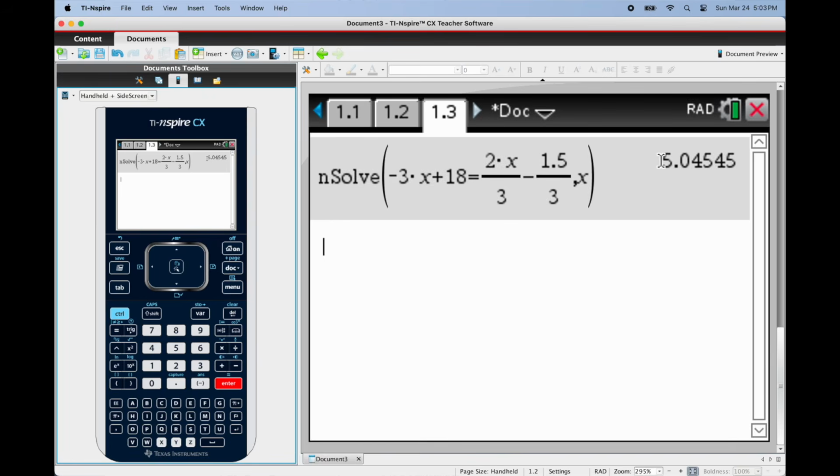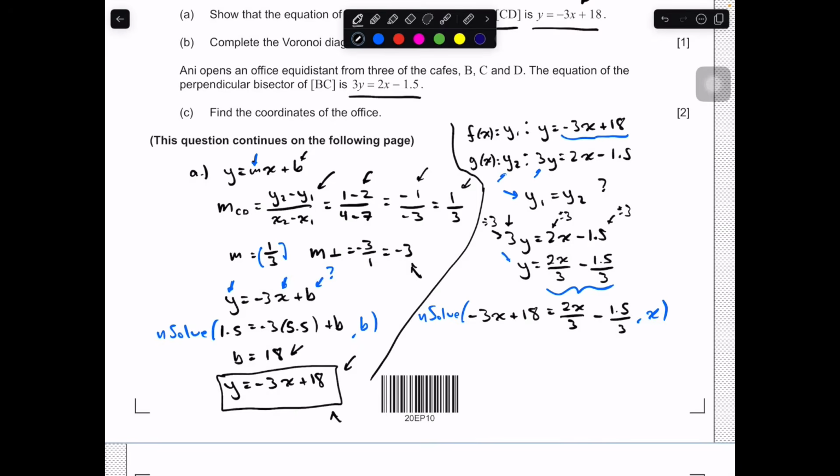So it's not a nice point, but I think they don't really want us to solve this just by looking at it. And so x in this case, going back to the document, x is equal to